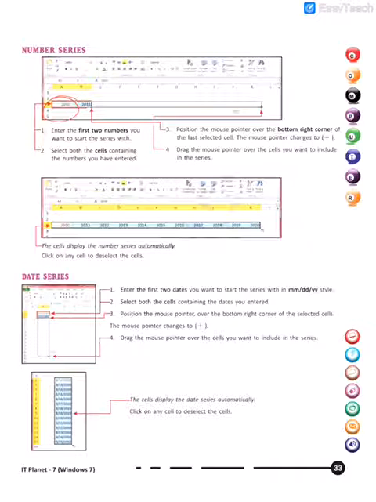Okay, this is called autofilling a number series. What is this called? Autofilling a number series.